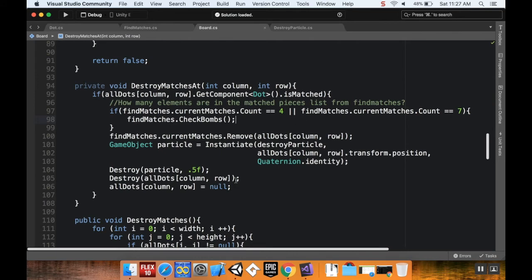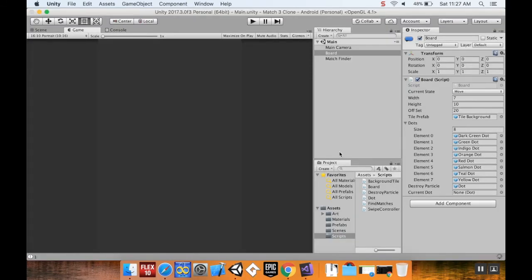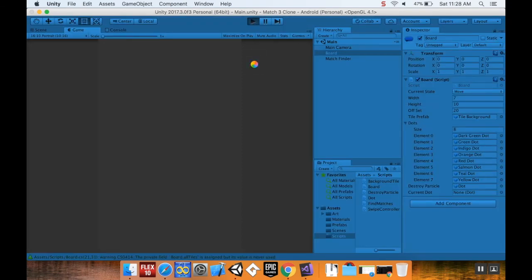It's kind of a lot of code we just did without testing anything. So let's pop back into Unity and see if first there are any syntax errors. And it doesn't look like it. If you're getting this yellow message down here, I think I've addressed it before in a previous video: this board.allTiles is assigned but never used. That's something that we're going to come back to very, very soon. And we're going to use that board.allTiles to decide if we want to have holes in our board, if we don't want it to be just a plain rectangle, if we want a cutout here or a cutout in the center. Anyway, so let's play here,